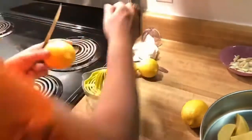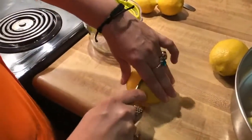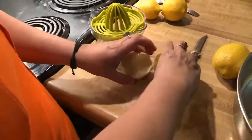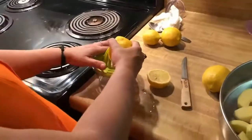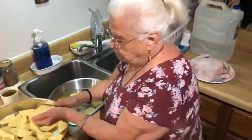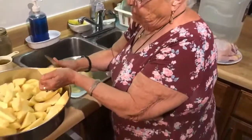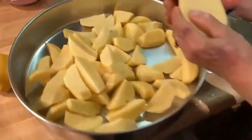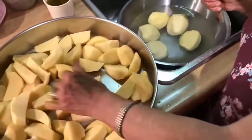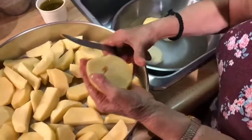Okay. So, I'm going to juice the lemons. I'm going to cut the lemon in half. I've showed you guys this before. Now, for our liking, Mom may cut up all those potatoes, and she might think, I want one more. But really, guys, it's as much as you want. If you're using less potatoes, don't use a 13-inch diameter pan. Use a smaller pan, right? Because you want to cover the bottom of the...